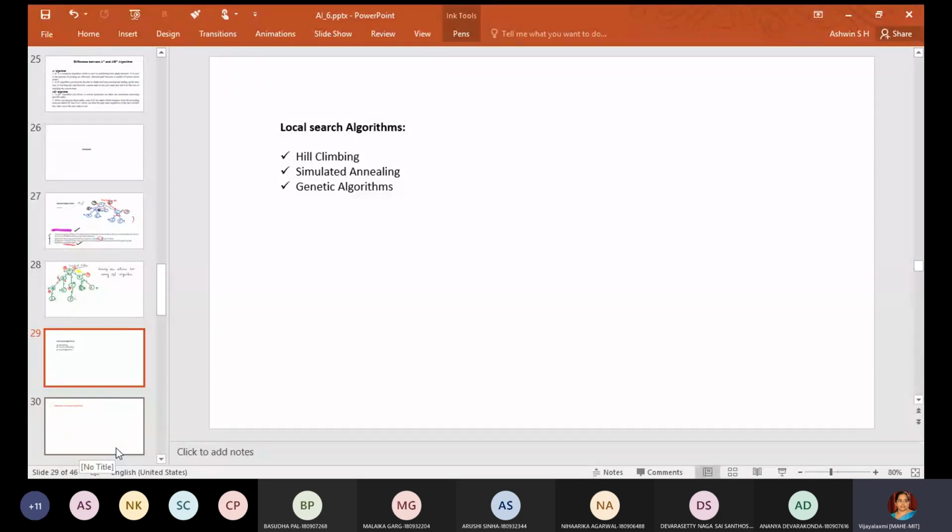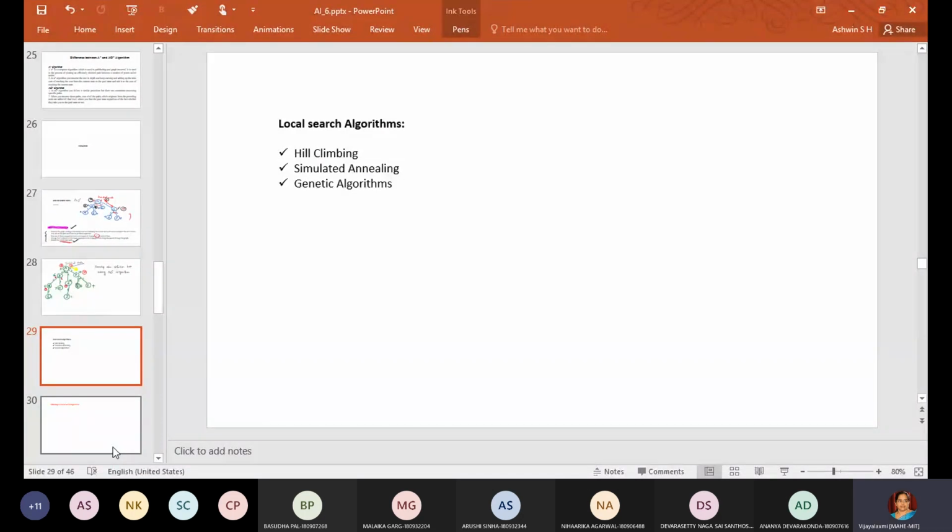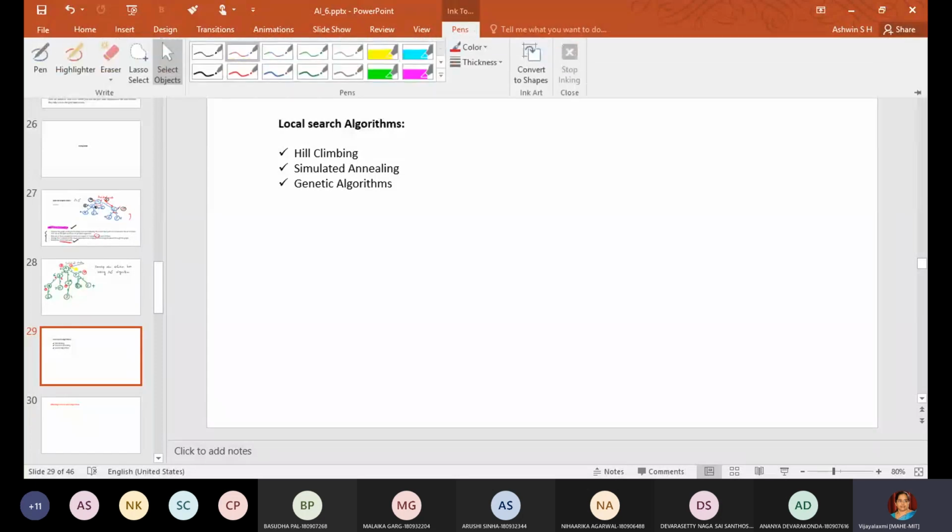This topic is local search algorithms. Okay, it's very interesting. Let us discuss it today. For the next 1 hour, I will discuss what local search algorithms are and what you are going to study under that. There are 3 types. These algorithms operate using a single current node and generally move only to neighbors of that node. Here, the path followed by the search is not retained. That is important.